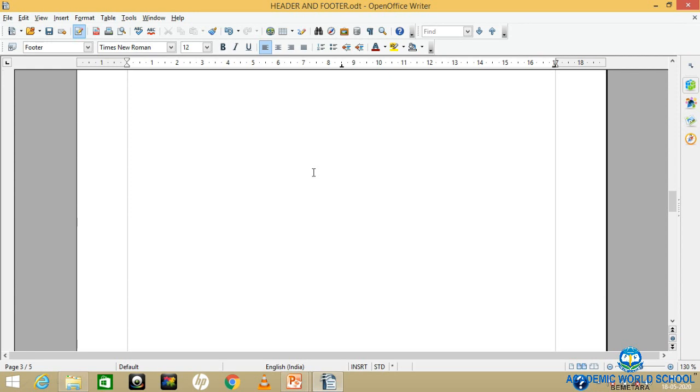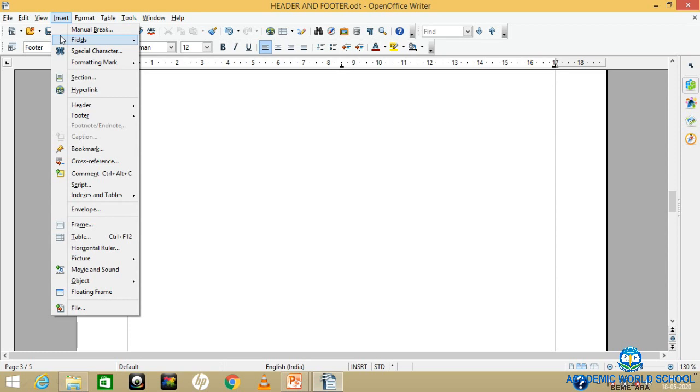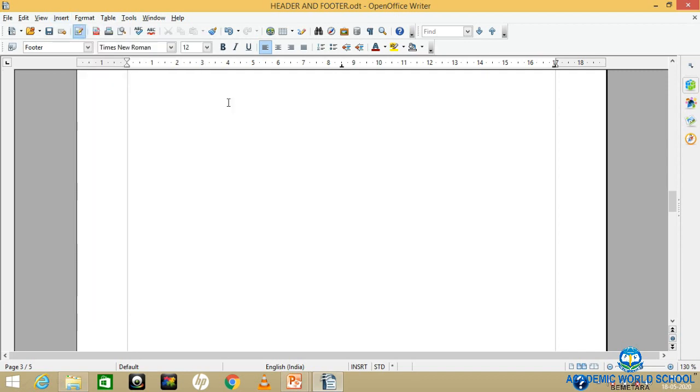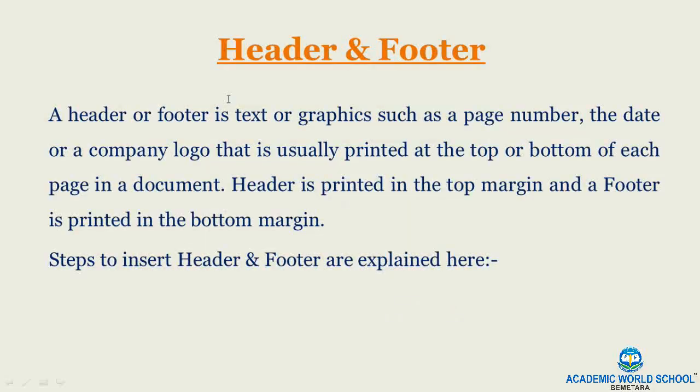Next topic is find and replace. Find and replace is a very important feature of this word processor. In this, suppose you are writing a matter, a text where you have used 5 pages, and when you were working on it, you committed a mistake, a spelling mistake, or you wanted to write something but by mistake wrote something else.